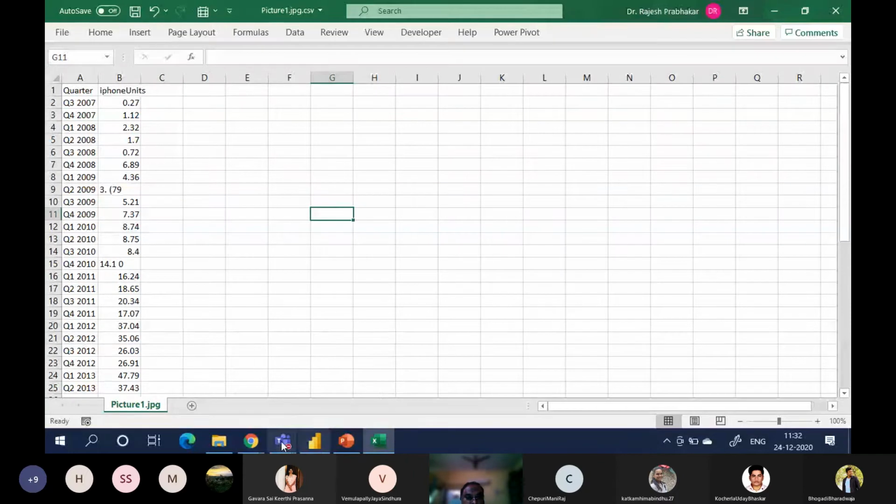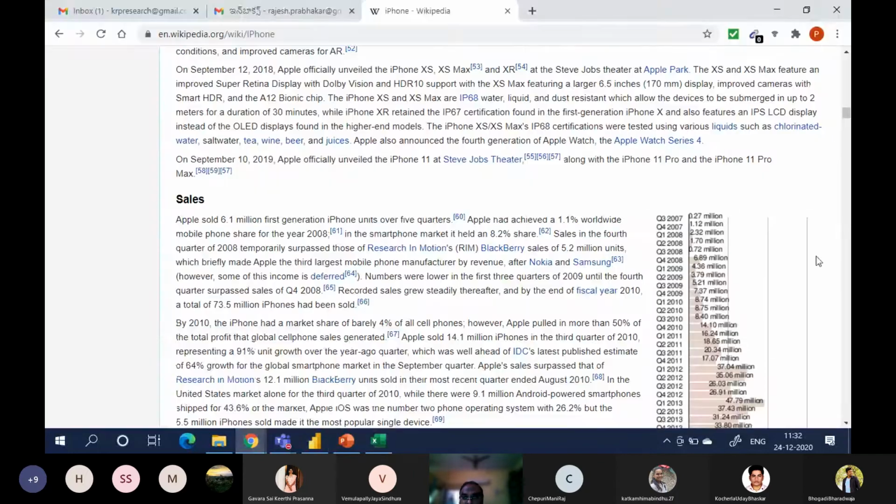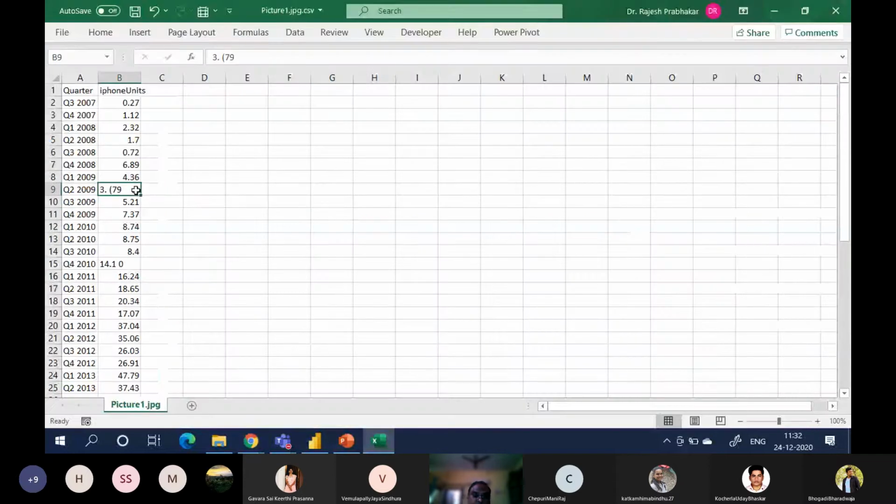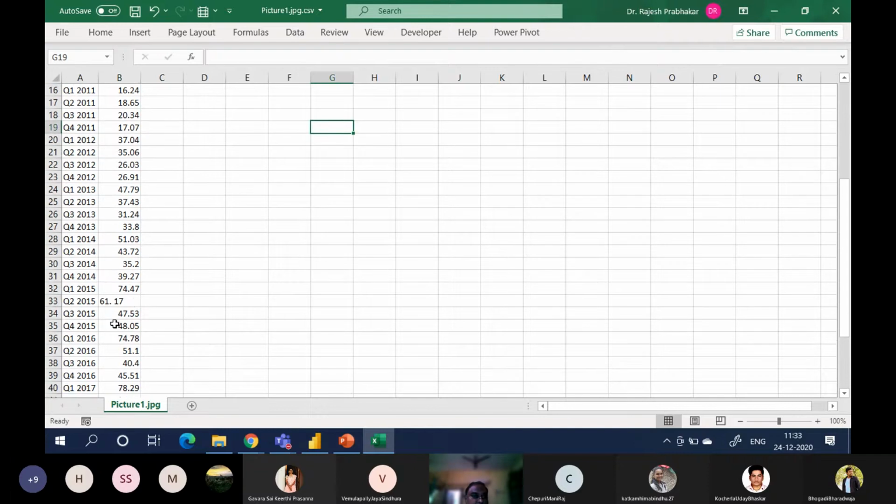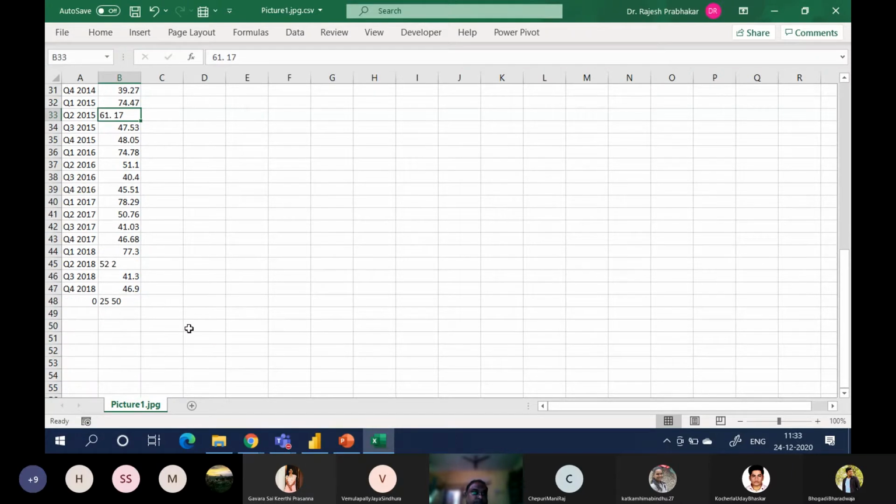Then Q2 2009, what is the data we have? Q2 2009, 3.79. So this we have to change to 3.79. This is 14.10, right? This is 16.17, 2.2.